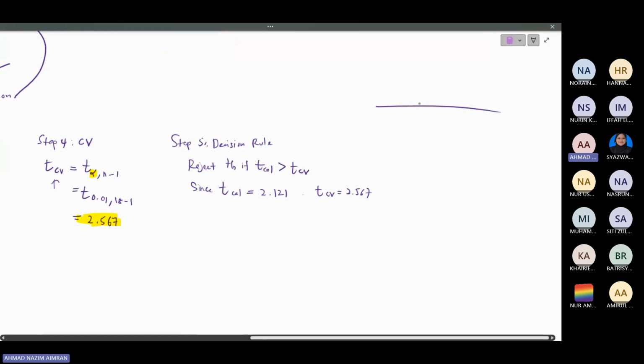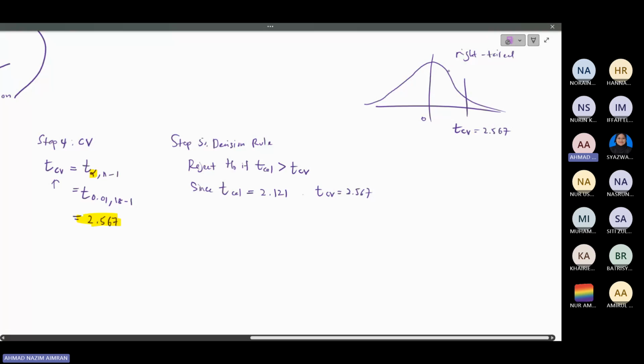In case you are confused, just draw the distribution. This is a right tail test, and your t critical value is equal to